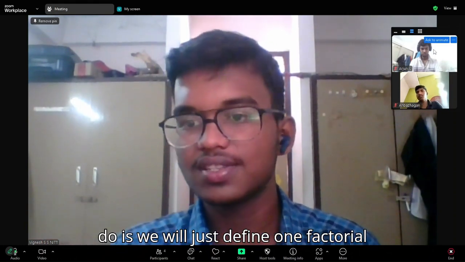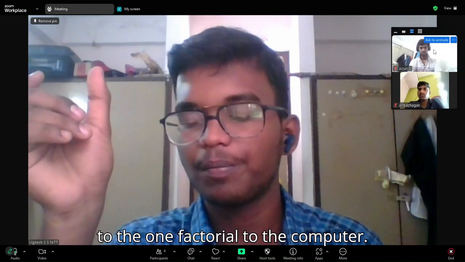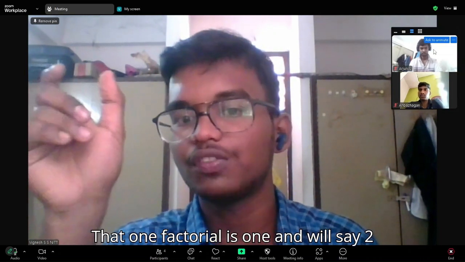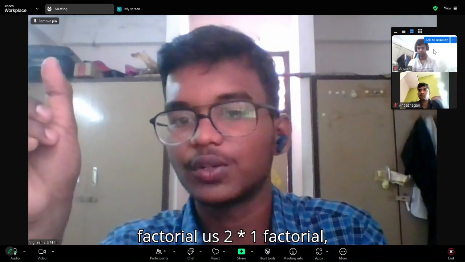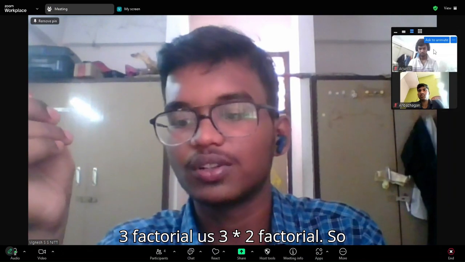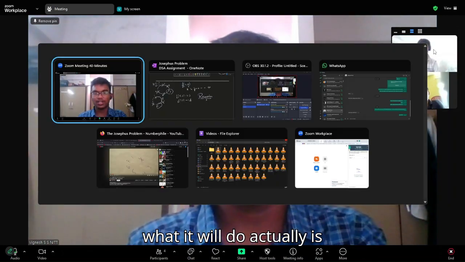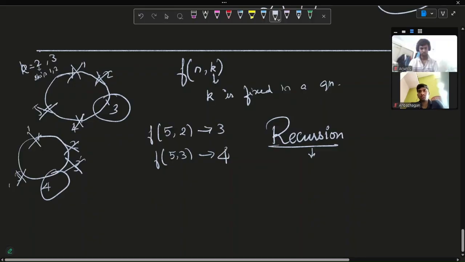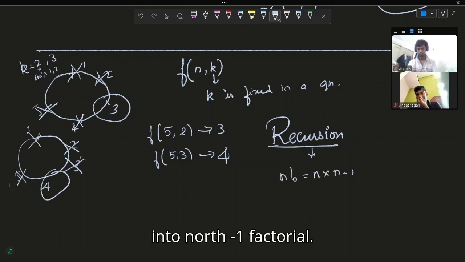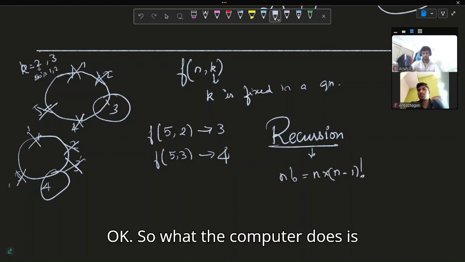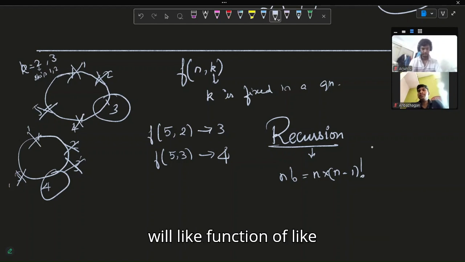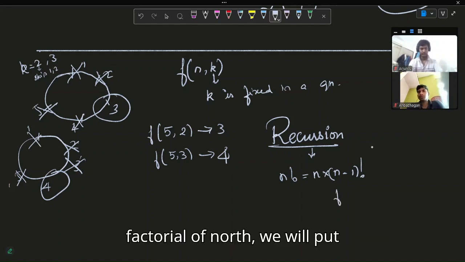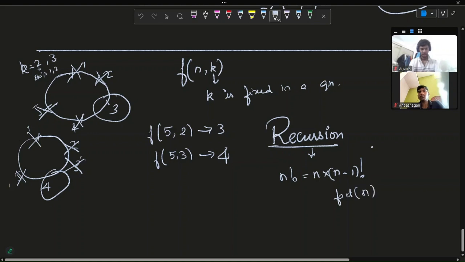So what we will do is we will just define for the computer that 1 factorial is 1 and we'll say 2 factorial as 2 into 1 factorial, 3 factorial as 3 into 2 factorial. So it will define n factorial as n into n minus 1 factorial. So what the computer does is, whenever you need something, you will put function of factorial of n